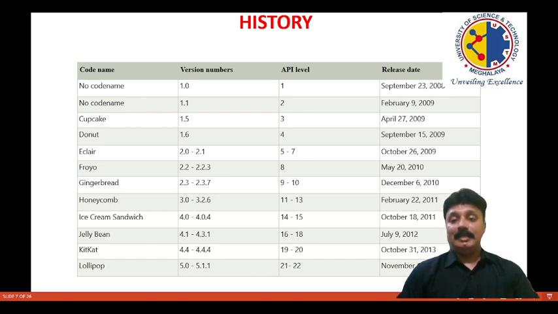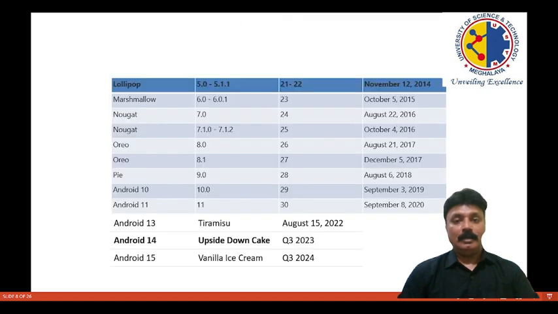So 2008, 9, then 10, 11, 12, 13, 14, various versions came to the market. In continuation, Lollipop, Marshmallow, Nougat, Oreo, and Pie came up to August 2018. Then Android 10, 11 started in that manner.